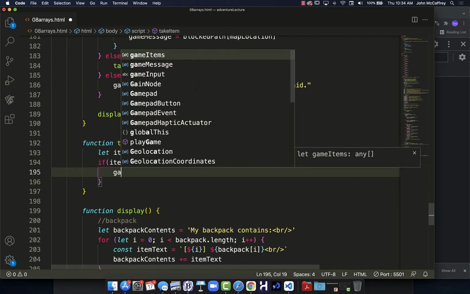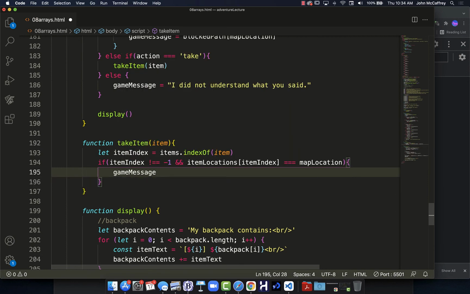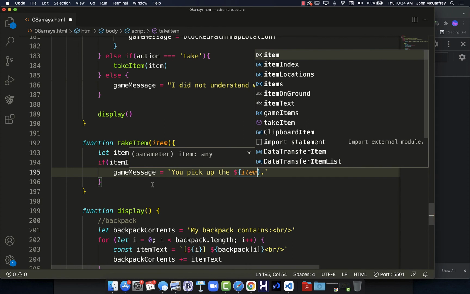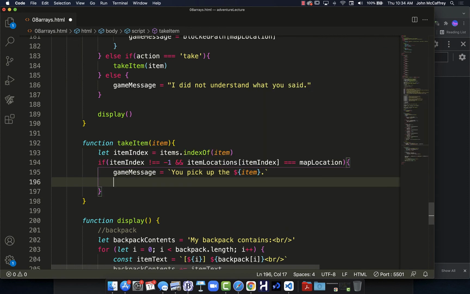So if that's the case, then we'll say game message is going to be equal to, you pick up the ${item}. And we closed it with our little tick. And now we're going to pick up that item. Well, technically it didn't pick it up. It just updated game message. But we now want to put that item in our backpack. To put it in our backpack,